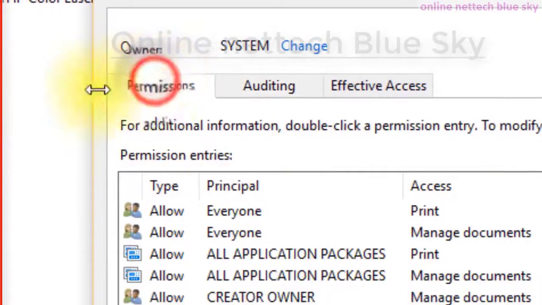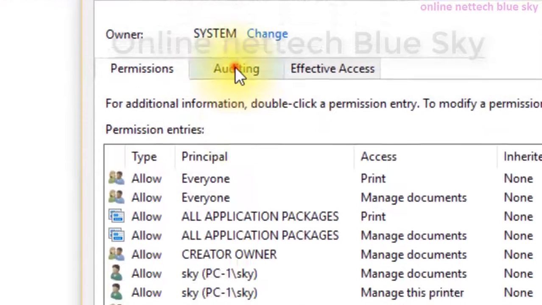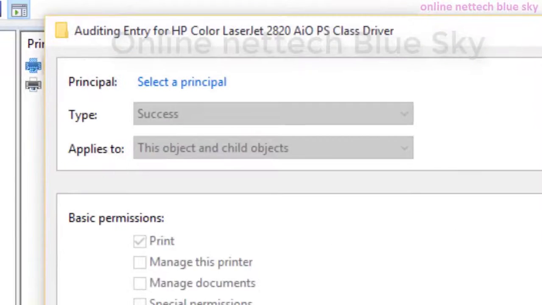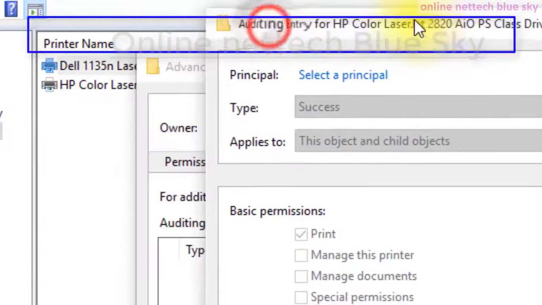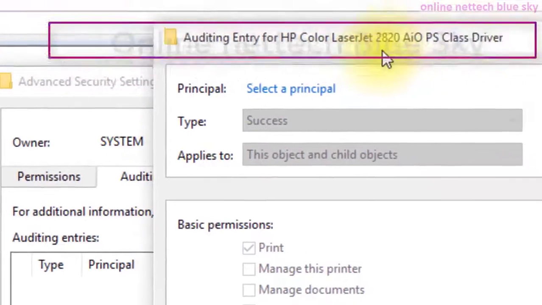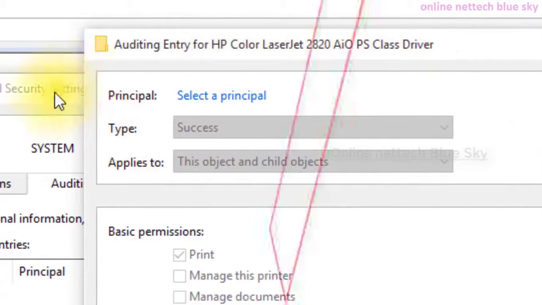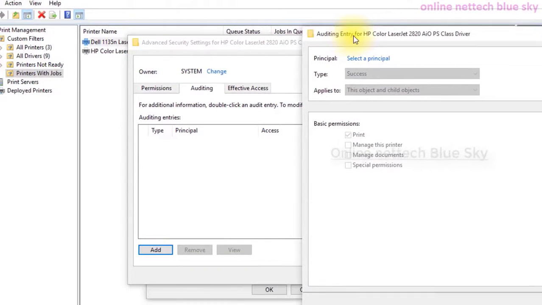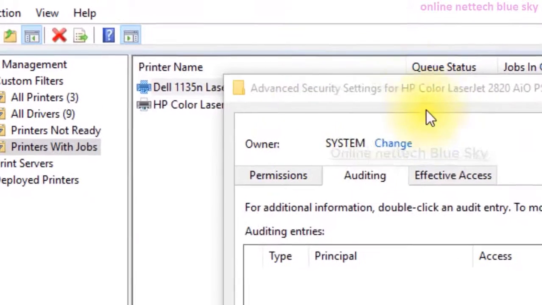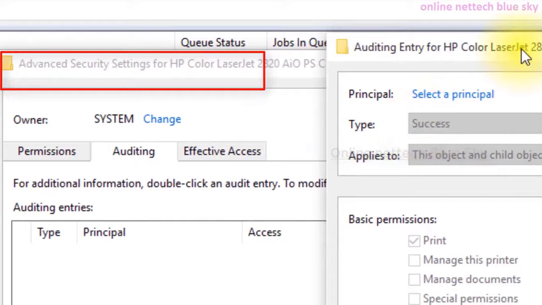So auditing is one type of information in event viewer. So go watch my previous video on why we use event viewer. So event viewer information is given in these systems here. So select a first principal, and the entry is only for these printers. But you can add other systems for folder, partition, and document. But I'm just talking about printer only. So these are the two types in this window, auditing here, and these advanced security settings, and this is the auditing in these settings here.